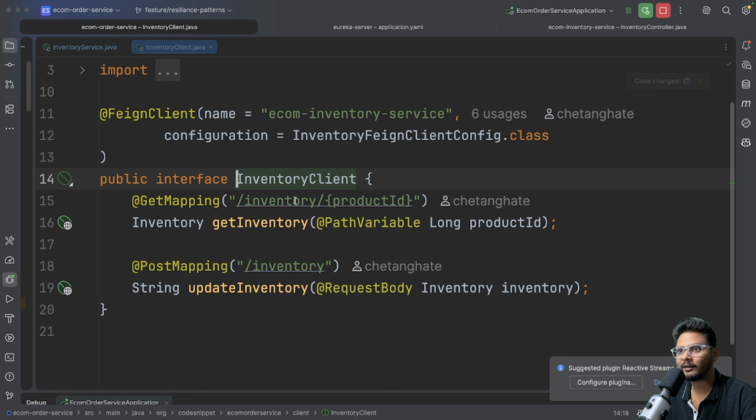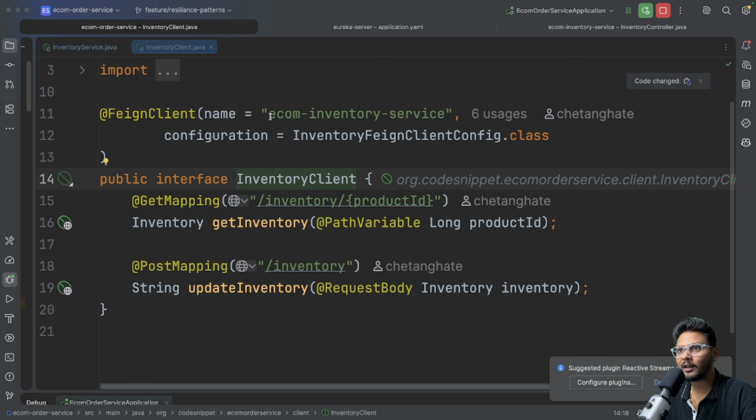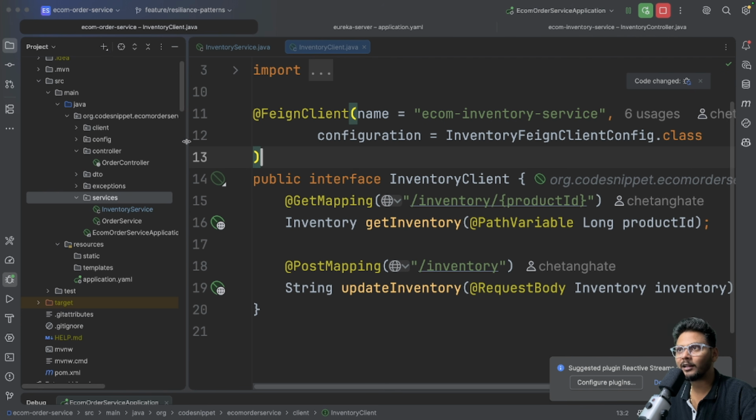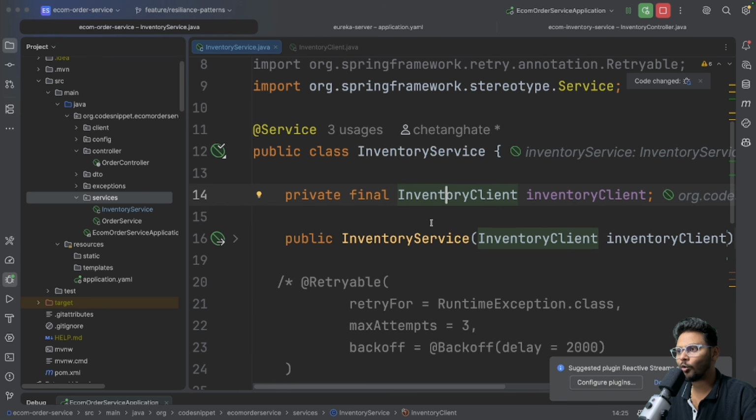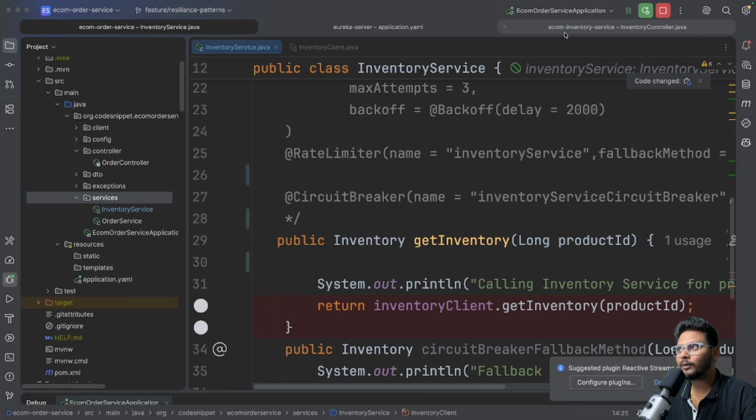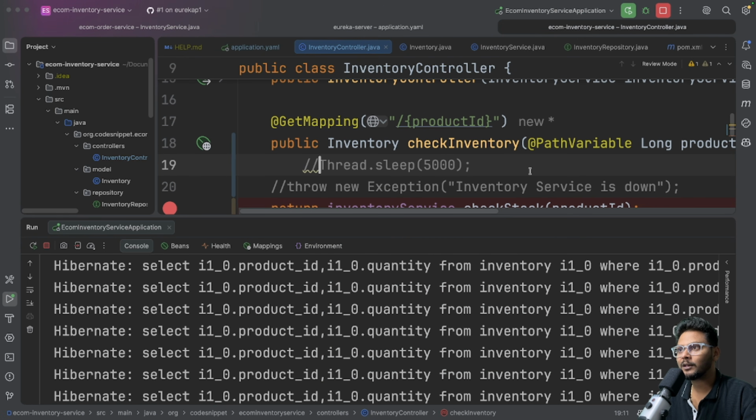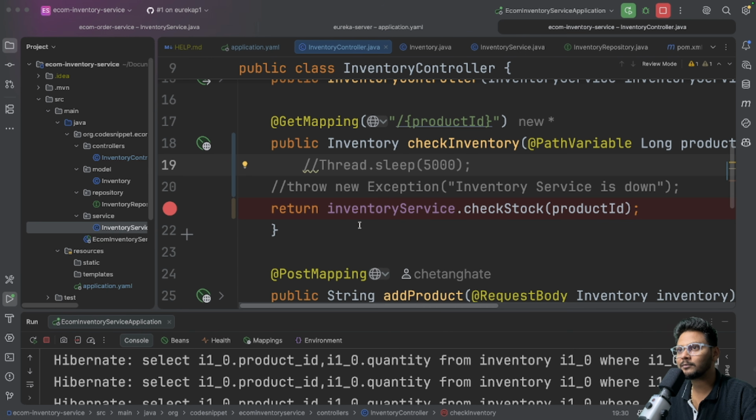So here, if you see, we have inventory client, which is a Feign client. So ecom inventory service is basically the name. This is basically the Feign client, which will go ahead and do your call to inventory service. Now, if I go back to inventory service, then here you will see that this is basically the call that